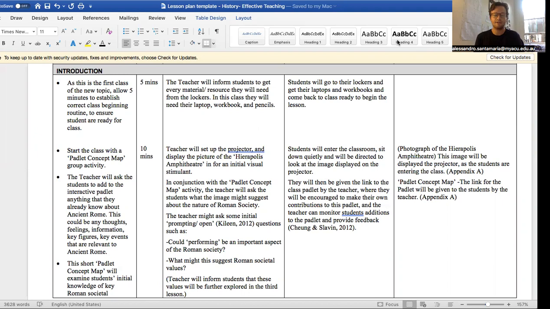As the Roman amphitheatre continues to be projected for the class, I will give the students a link for an introductory Padlet concept map. On the Padlet, students will be given an opportunity to tell me anything they already know about ancient Rome. They can be as broad or as descriptive as they want. This is very much an icebreaker, but also a great way for me to assess their ZPD, their prior